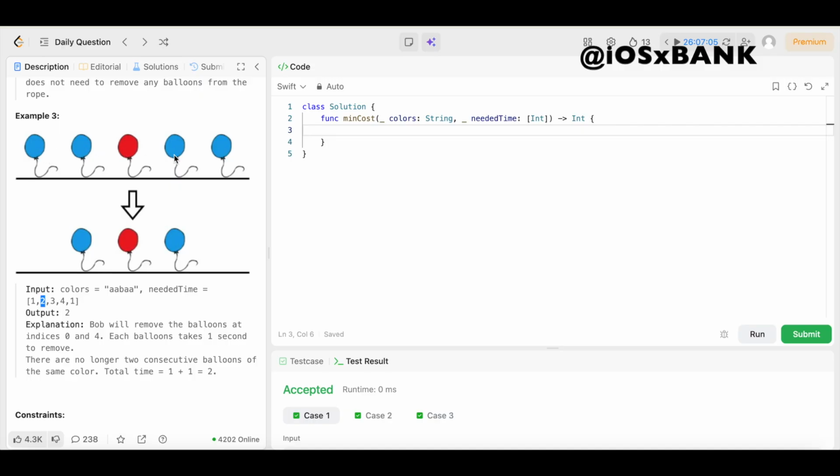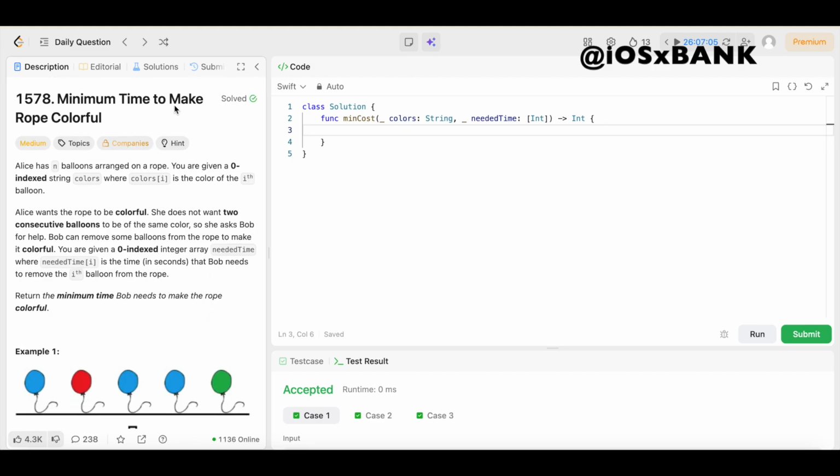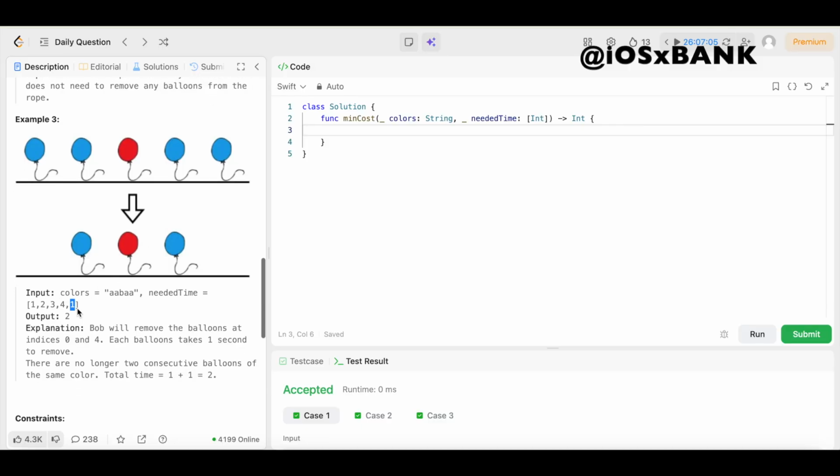So right here, index 3, come down to 3. This is going to take 4 seconds if we want to change this balloon. But if we change this balloon, it'll only take 1 second. So we want the minimum amount of time. Since we want the minimum, we're going to choose the 1 second balloon over here, and we're going to